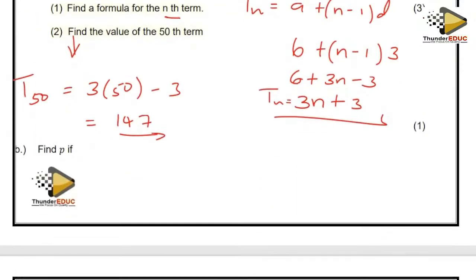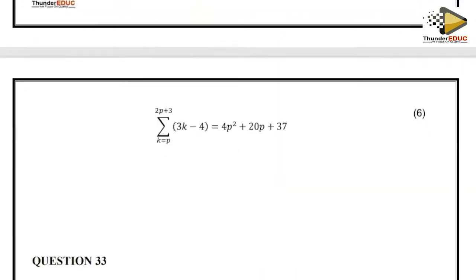Then find p if, and I put the sigma notation, find p if this whole thing gives us this. Okay,